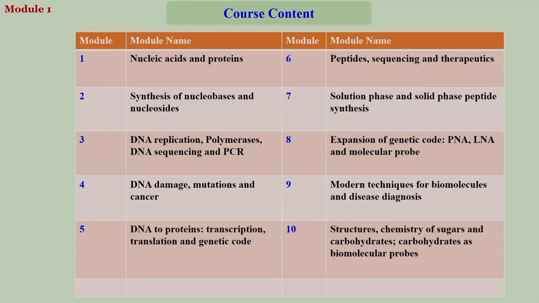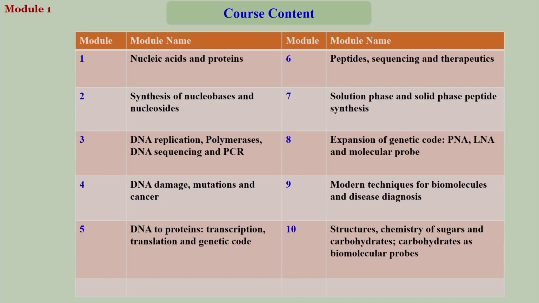Then module 6 is peptides: how to characterize or find out the short peptides, that is the constituents of the proteins, how to sequence the proteins or the peptides. You have isolated a protein sample and then of course you have to know the sequence of the protein, which amino acids are engaged and what is the series of the amino acids. How to find out the sequence of the proteins, the chemical methods as well as the biological methods, and then its use in therapeutics.